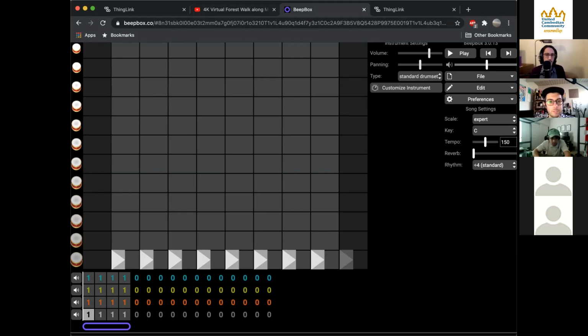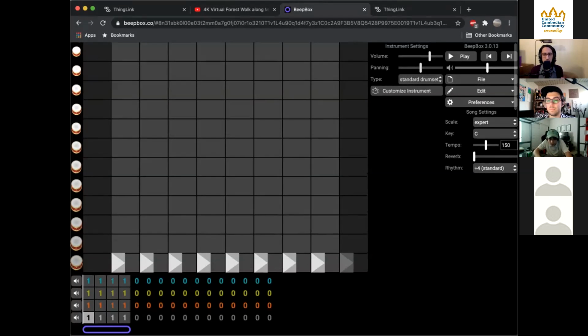I think we're good. Okay, so the next drum we're going to add is what's called the hi-hat. It's the metallic sounding element of your drum rhythm. It does a lot of different things, but in this case, it's going to be giving our beat a little bit more of a feeling of urgency or forward motion.